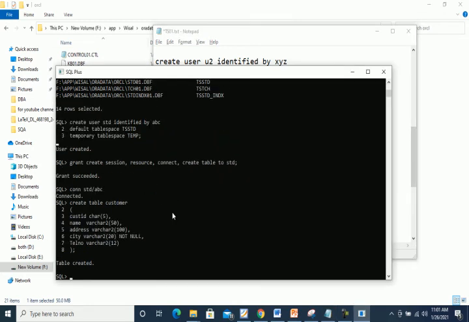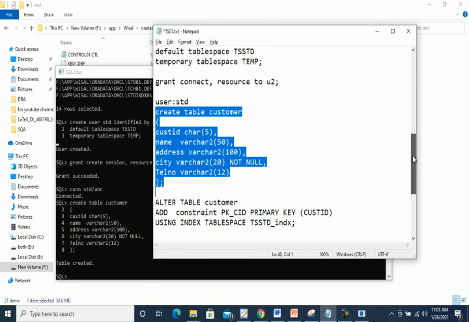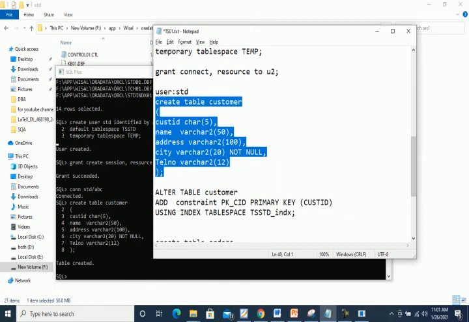Now this table is created inside the ts_std tablespace, because the default tablespace of the std user is ts_std. And now just insert one record here. The primary key of the customer table is customer id. How will you add the primary key?